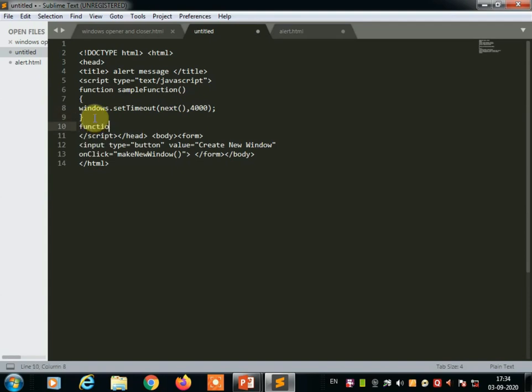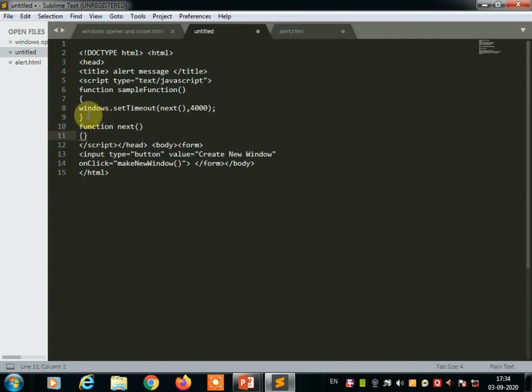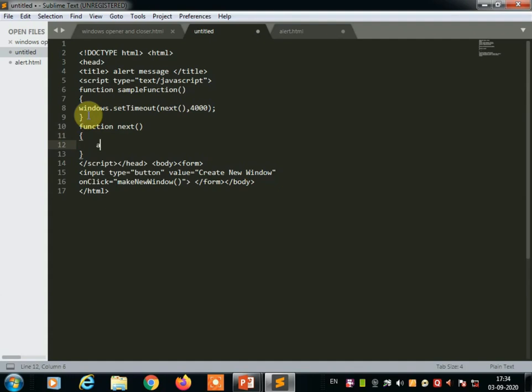Then function next we are going to use here, and again we open the curly bracket and use the alert function. Alert, and in the message you write what will be displayed on the screen after 4 seconds, so we write: 4 seconds have passed.